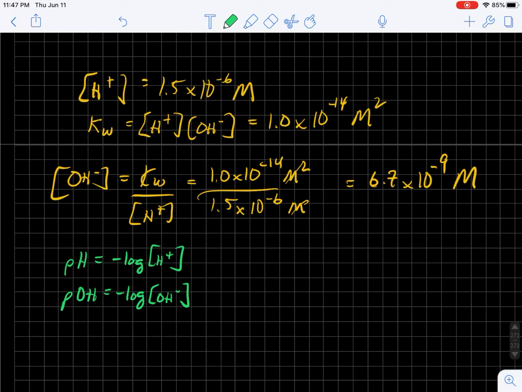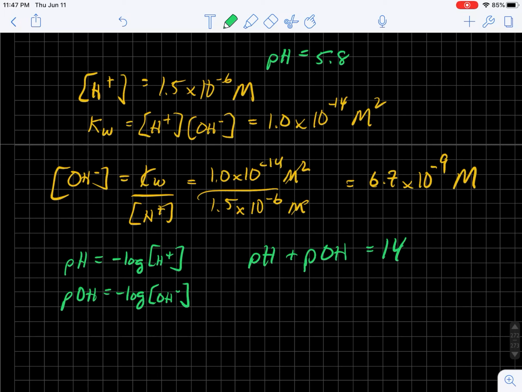On the pOH scale, the acid is greater than 7. But pH plus pOH always comes out to be 14. So another way they could approach this problem is they could say, all right, instead of giving you 1.5 times 10 to the minus 6, suppose they gave you the pH instead. So the pH for this